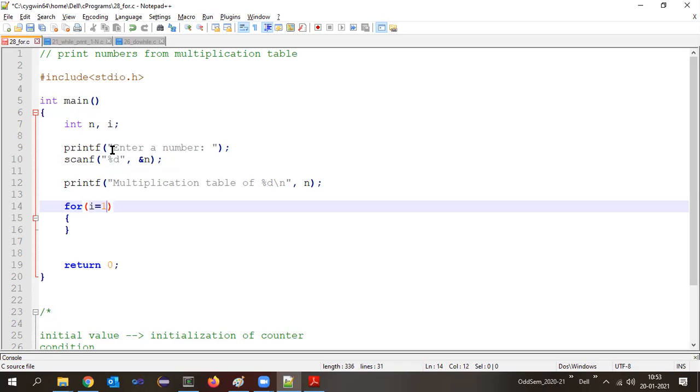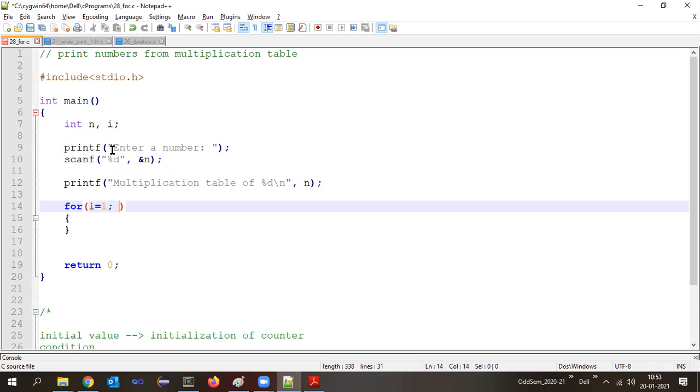After writing the initialization, next what should I write? Semicolon. Correct? Then the second statement is what? Condition. Now the condition will determine how long we are going to execute the body of the for loop repeatedly. Now here the condition will become what?